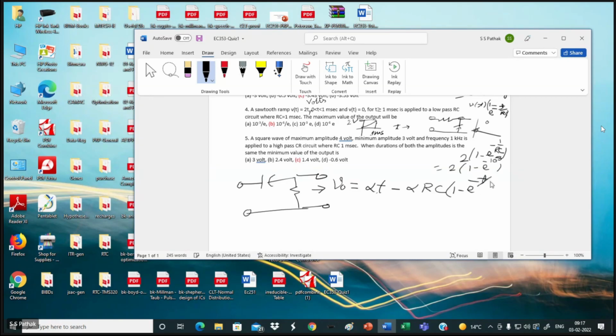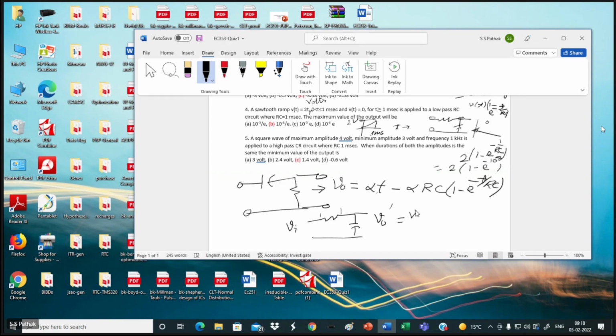This I have derived in the class also. At T equal to 1 millisecond, I will compute this value, that is my V naught. Here I am writing as T itself. Now I am putting the question: this is my R, this is my C. I am asking for this V naught dash. This is my VI that is applied to this. So what is V naught dash? Voltage across R will be the same the way I have given here.